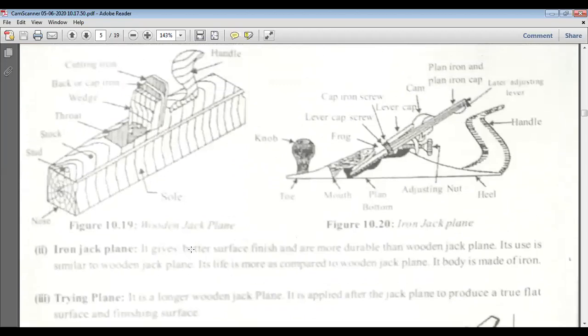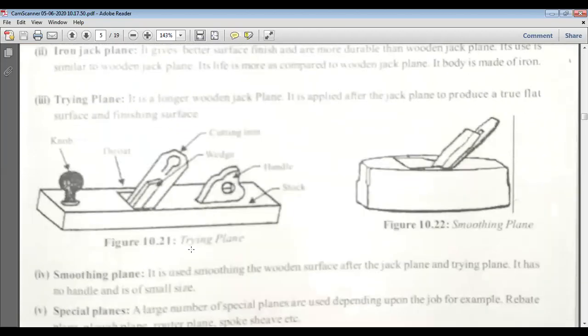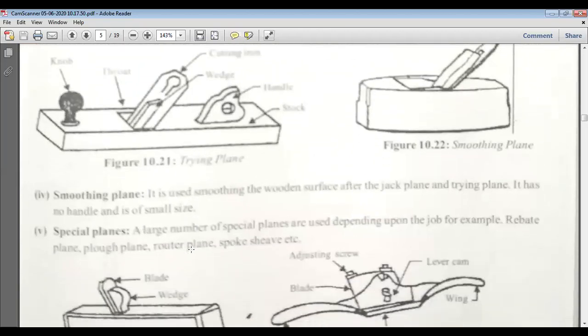This is basically made of wood, whereas the iron jack plane is heavy. Similarly, the smoothing plane is also made of wood, whereas the drying plane is made of steel.